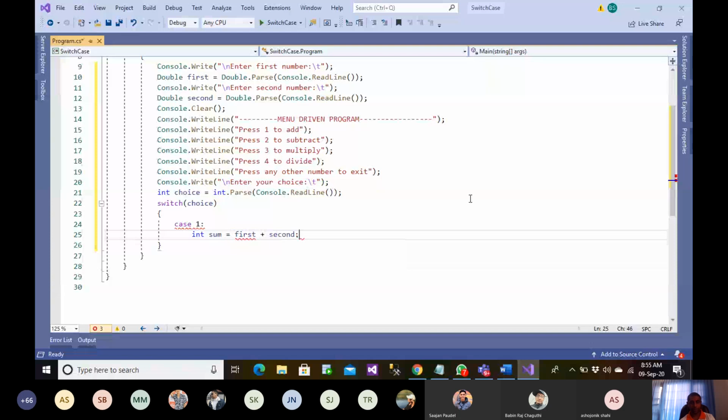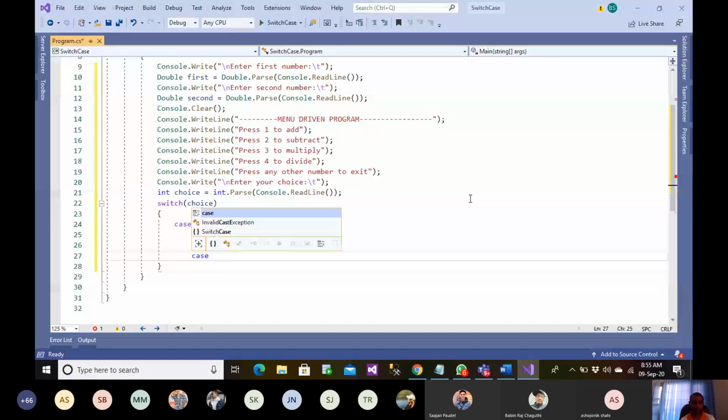I need to have a break here. I'm not going into the syntax; I think you must already be familiar with the syntax and everything. All right, so this is for case 1. Let me also print the sum of the first and the second.